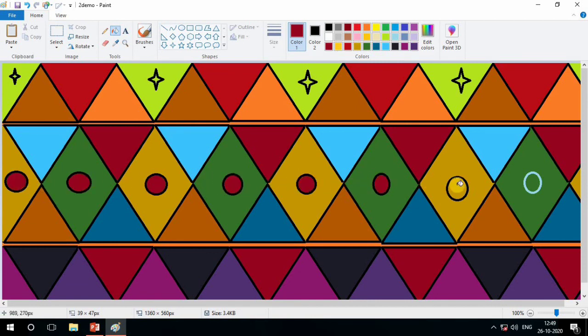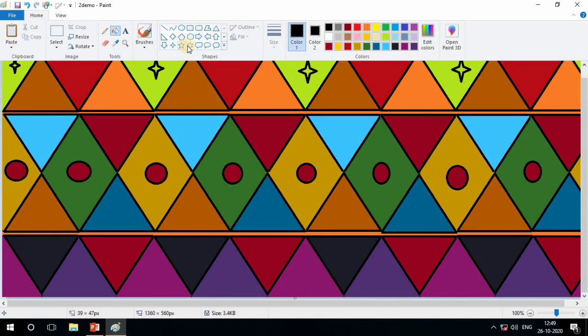Here the border comes blue, so now make it black. By choosing the black color and color picker we can also change the line color. Now another shape, which one? I think this one, black color and then draw it. Draw it and put it where you want in the design.